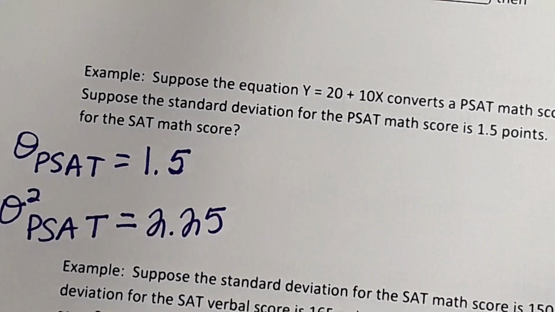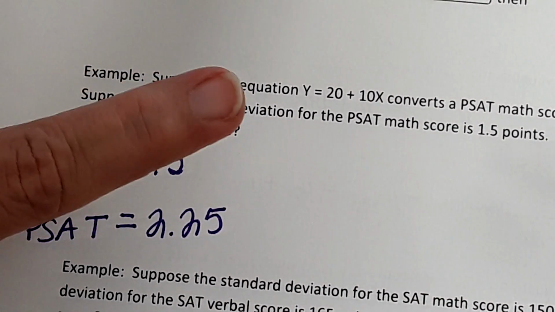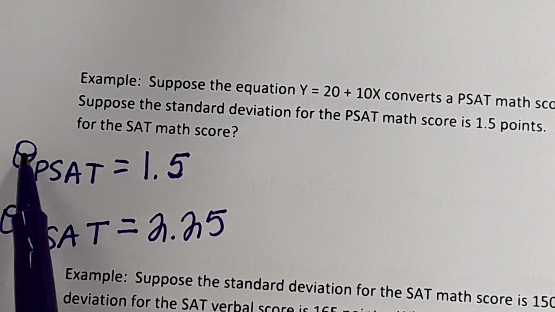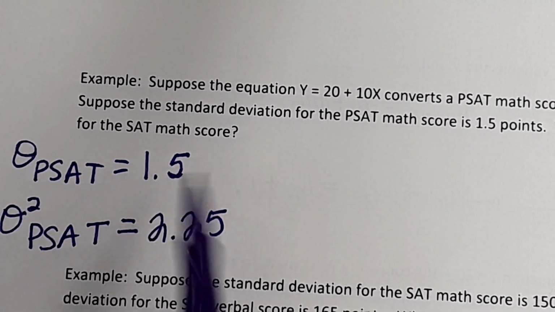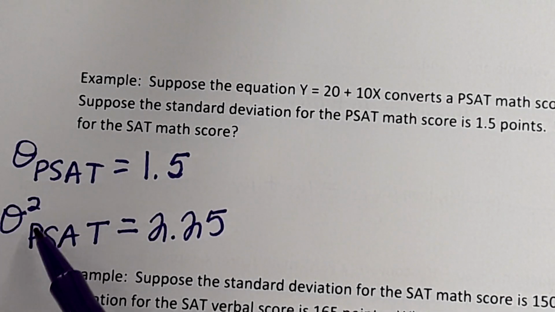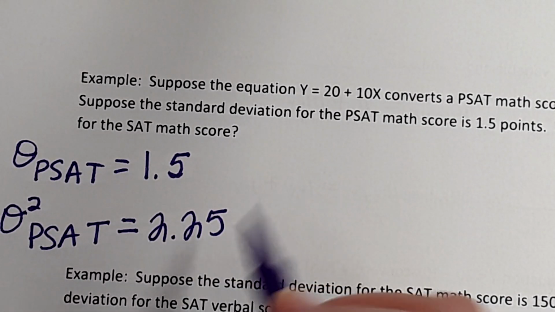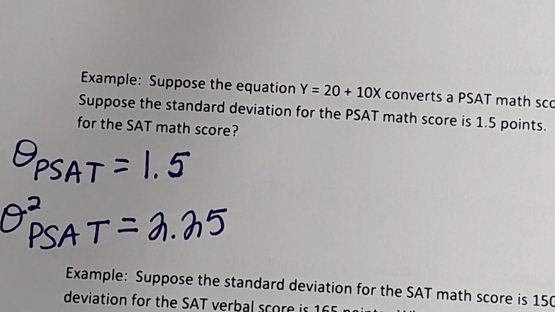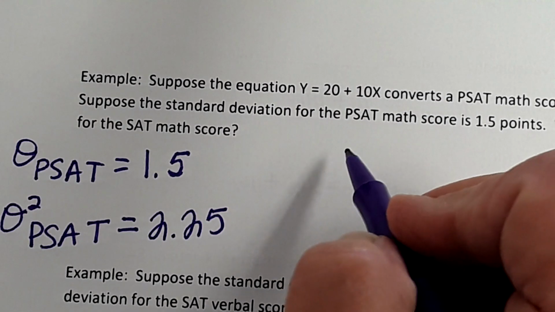Okay, so we're converting a PSAT standard deviation into an SAT score. We're trying to find the SAT score standard deviation. We know that the standard deviation of PSAT is 1.5, and the variance of PSAT is 2.25, which we got by doing 1.5 times 1.5. Everyone with me so far? Yes. Okay, now the one thing that we learned the other day is that